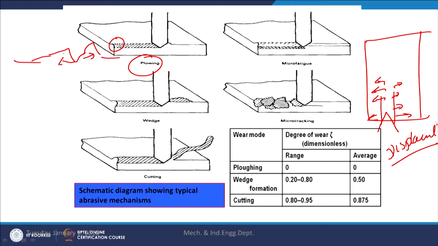So, both sides will see some piling up of the material, while in case of the wedge formation, apart from this displacement, a piling up of the material will also be taking place ahead of the abrasive particles. In case of the micro cracking, continuous rubbing of the surfaces by the abrasive particles leads